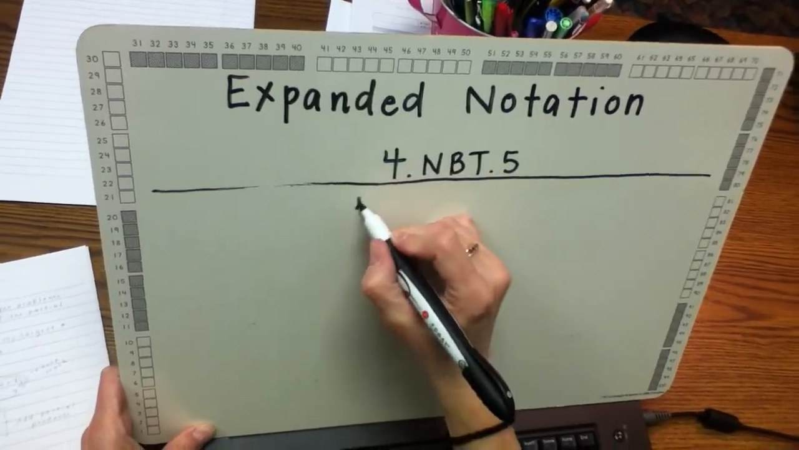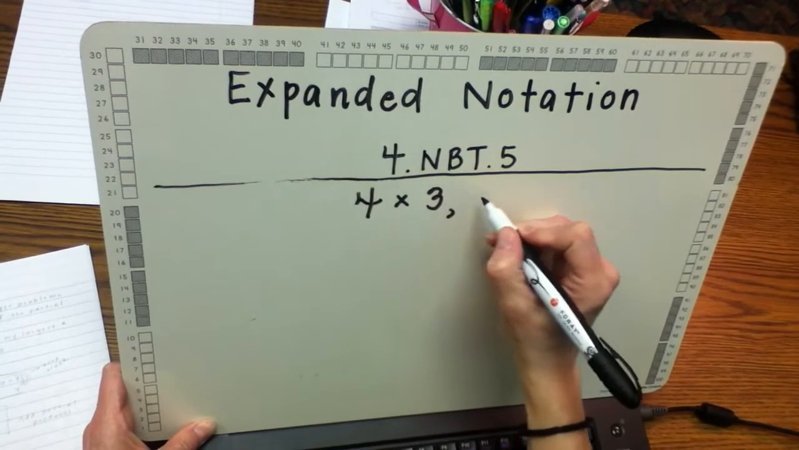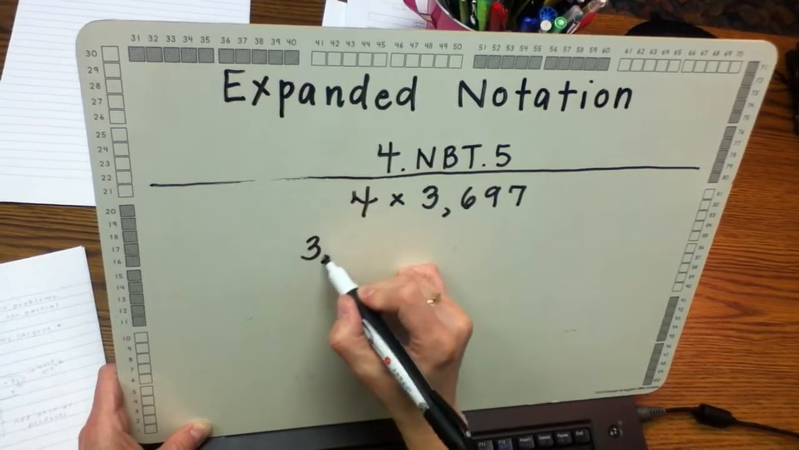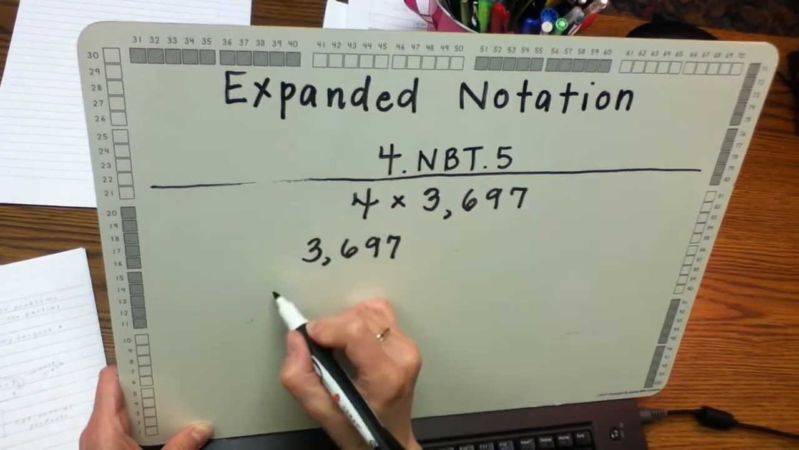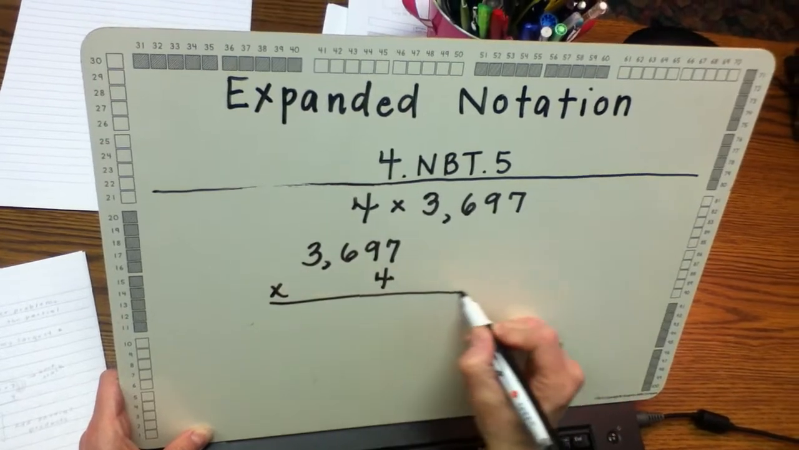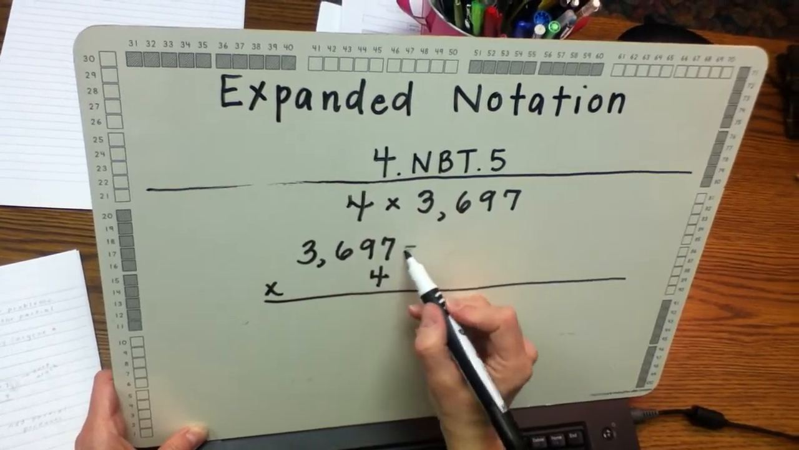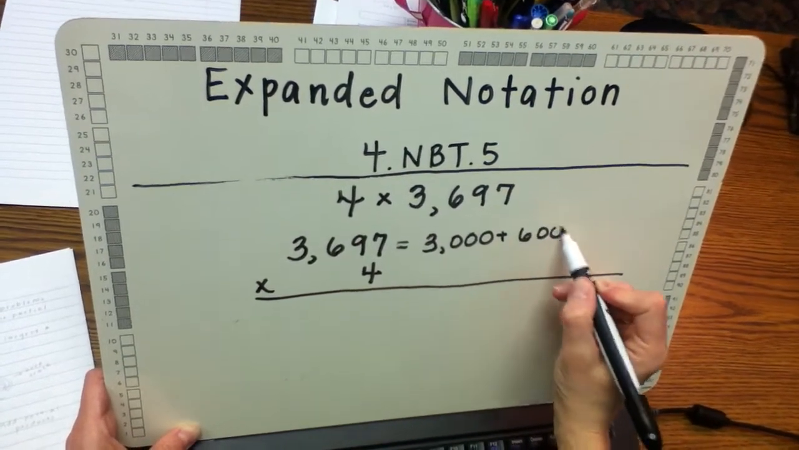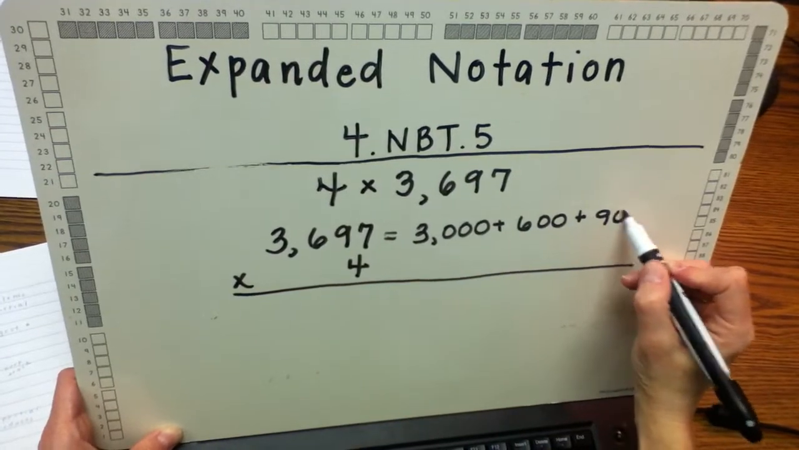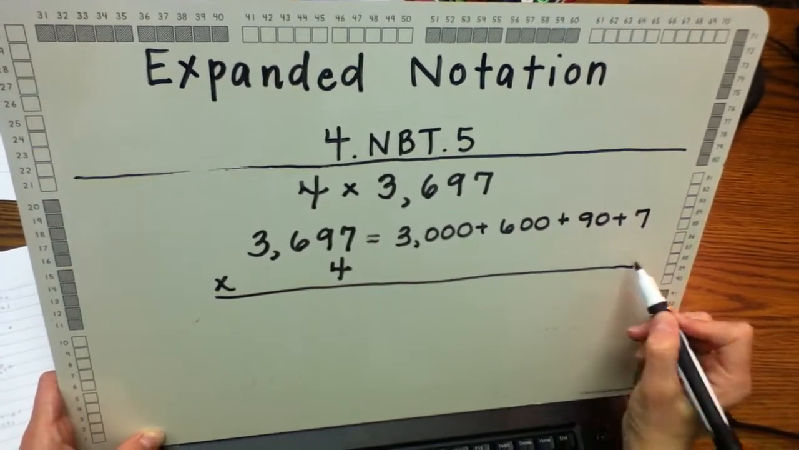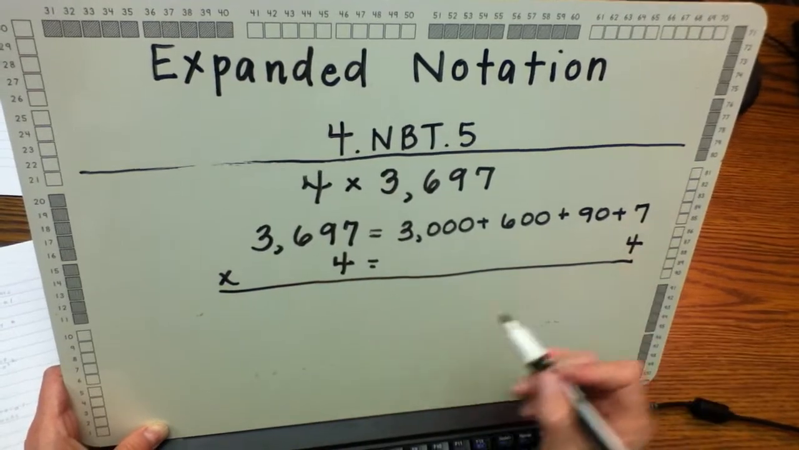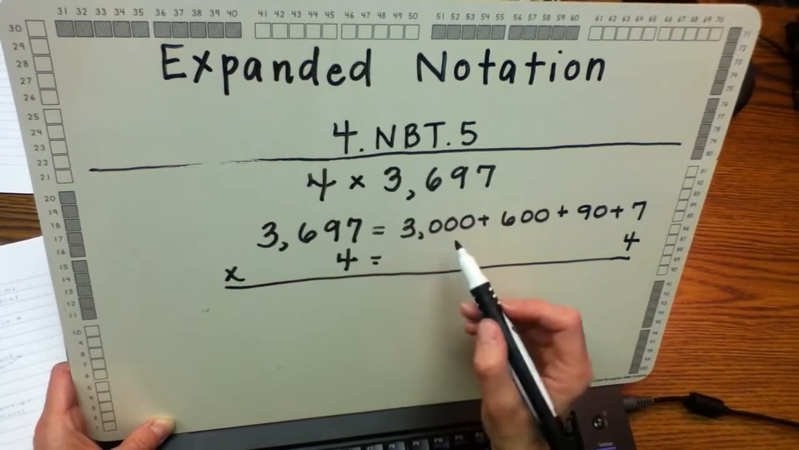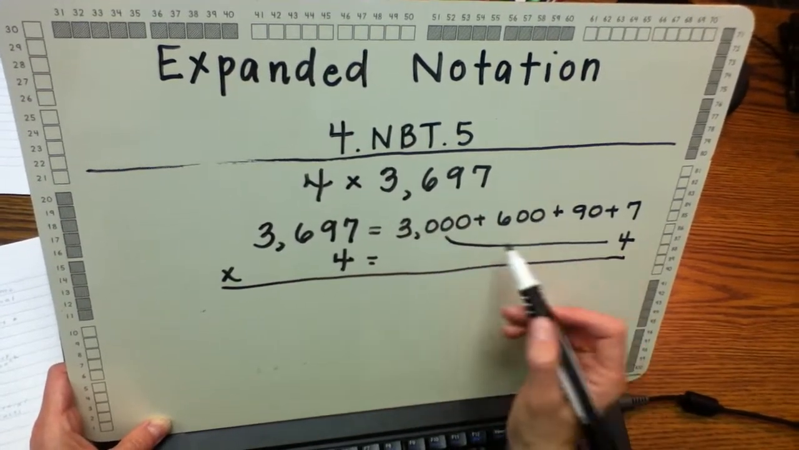So let's multiply 4 times 3,697, and again, I'm going to write the problem vertically. And then I have to expand my number. So I've got 3,000 plus 600 plus 90 plus 7, and then 4 is already expanded. And I'm going to multiply the partial products. And here it's helpful if students can keep track,